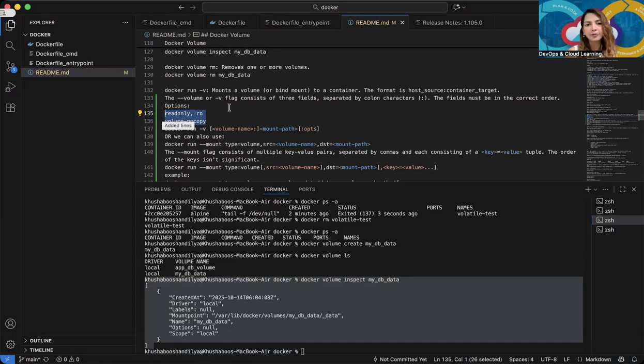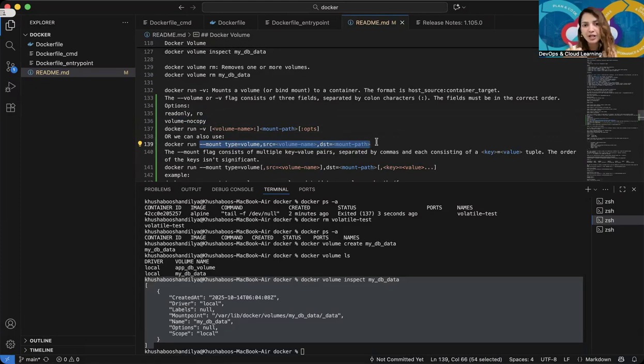So we will not give this argument. And then volume-nocopy, wherein you do not allow copying of your volumes. Typically, again, like I said, depending on your requirement, you use these options. We will not be. The second way of doing it is with the --mount argument, wherein you specify